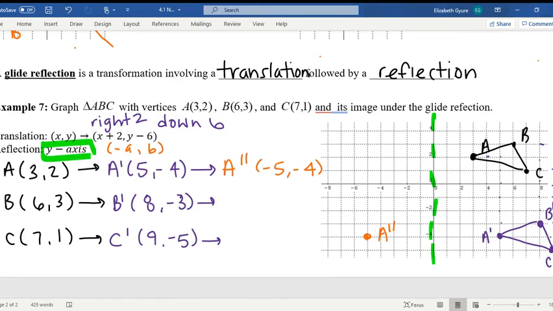What would B double prime need to be if I applied that rule? Andrew? (-8, -3), good. So (-8, -3). And then what would C double prime need to be? Andrew? (-9, -5), good. That would be down here about. Good. And that happens a lot. You'll have to do like